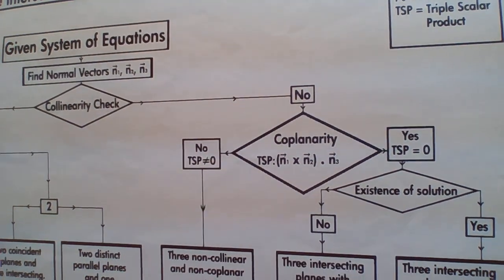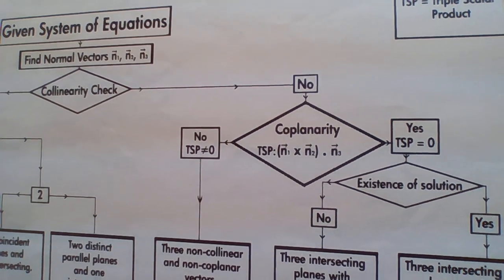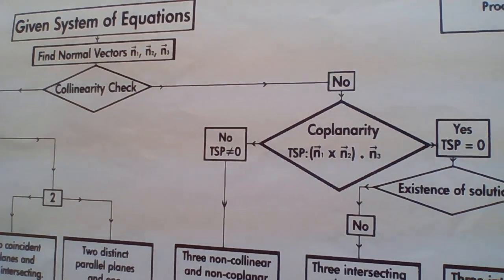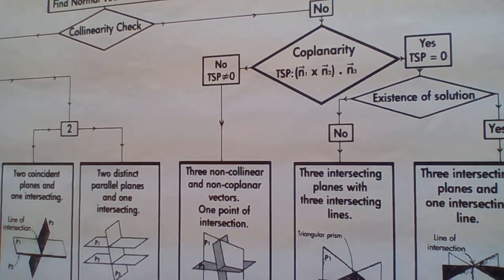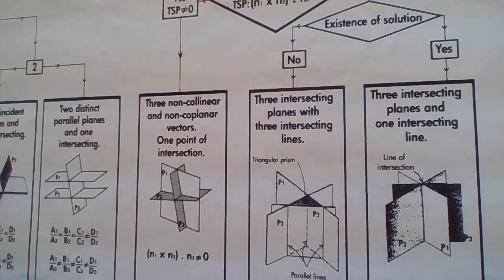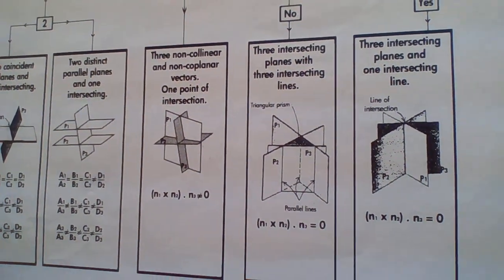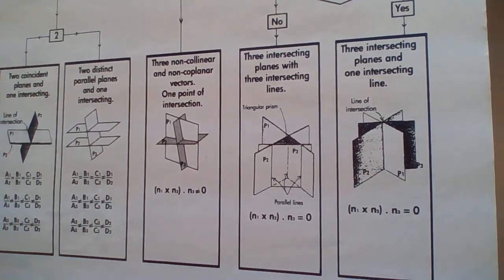Then in that case, either your answer is yes to the triple scalar product being zero, or you're going to say no, the triple scalar product is not zero. If it is not zero, it means that the three vectors are not coplanar. Therefore, it would be the corner of a room scenario, and the three planes will be intersecting at one point